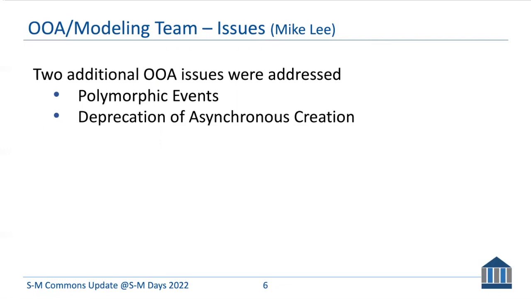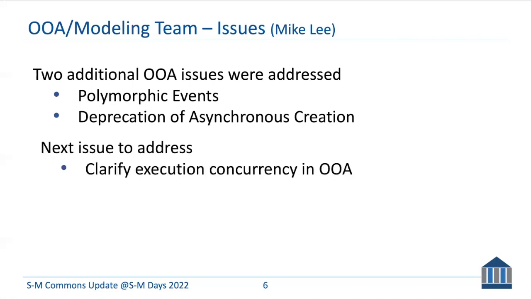Partially because of this history and partially because of the desire to try something new, the next issue we are undertaking is a bit different. Rather than trying to understand and possibly resolve the positions of different schools of practice, this issue seeks to clarify an aspect of the method in order to facilitate communications between analysts and architects on this topic. The aspect under consideration is the execution concurrency the models allow based on the OOA execution rules.